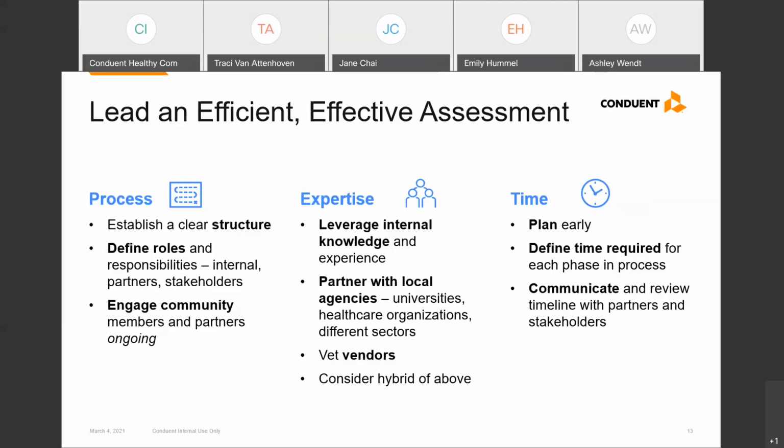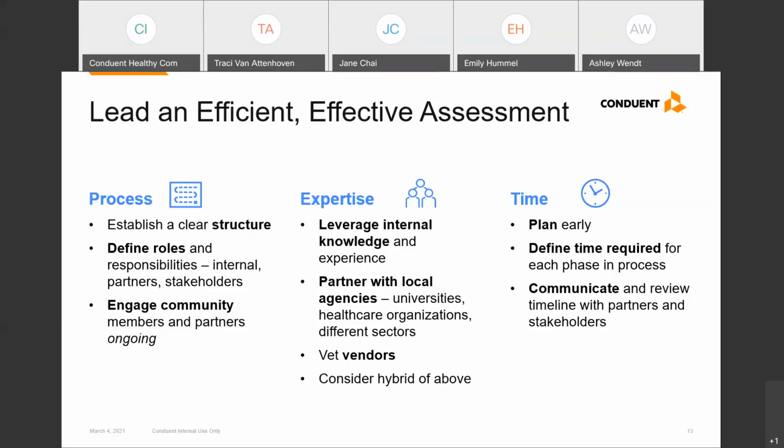So we've talked about process and expertise. And the third area here is time. With time, it's important that you start early and develop a detailed timeline so that everyone in your collaborative is on the same page with the anticipated deliverables, and ensure that work that's going to come out of this process is meeting everyone's needs. So if you're part of a collaborative, for example, that's made up of a health department, a handful of hospitals, as well as community organizations, you really want to meet at the beginning of that process to ensure that everyone's needs related to their assessment and their evaluation is being met.